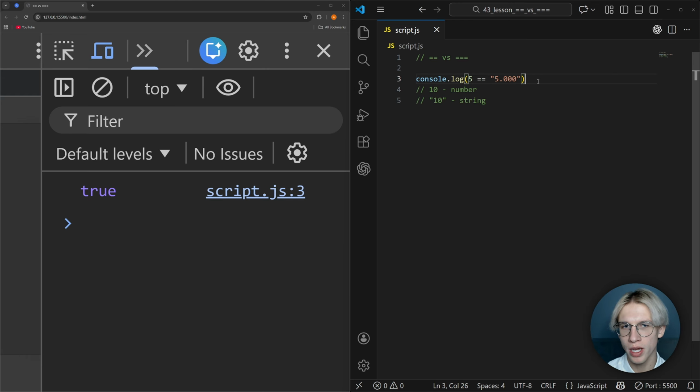It also works if we compare 5 to a decimal number, like 5.000. So in this case, the compiler also drops these zeros, and eventually we compare 5 to 5. But if we compare 5 to 5a, if you will try to convert this string into the number, you will find that in the math, you don't have a number 5a. And this is the reason why it will be converted into a NaN. NaN means not a number, and it has the data type of number. So every time when you try to convert any string into the number, and this number doesn't exist, it becomes NaN. And now we see that 5 is not equal to NaN, and this is the reason why we have false